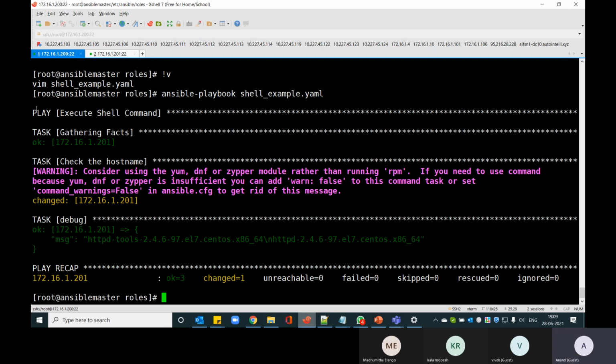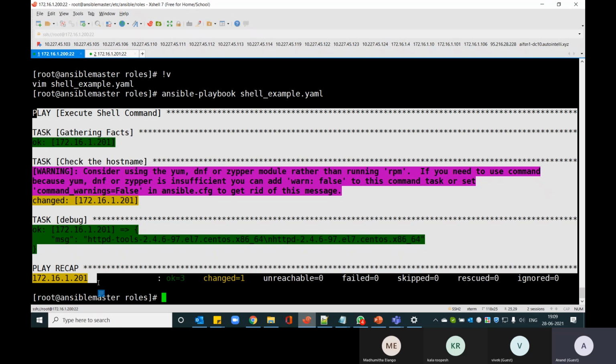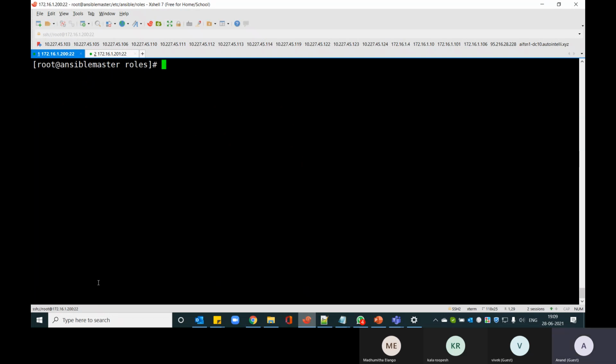So how do I alter this output? By default, it gives its own default output. Let's say I wanted this entire output in a JSON format so that I can run this entire Ansible command from my other script, and I can use the JSON output to pass the data and use it in my script, right? That is the work of a plugin. So I'm quickly going to show a plugin called JSON. Ansible stdout callback equal to JSON. And then I run this.